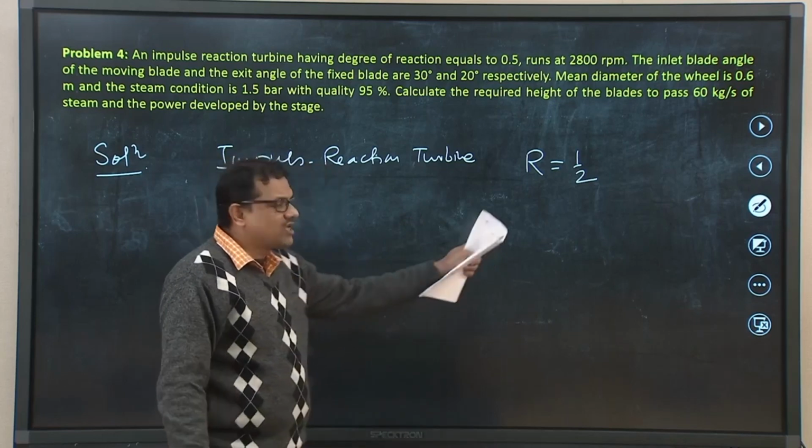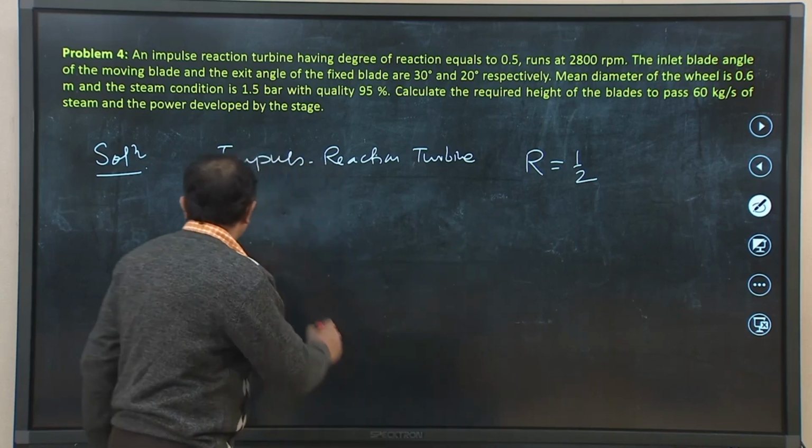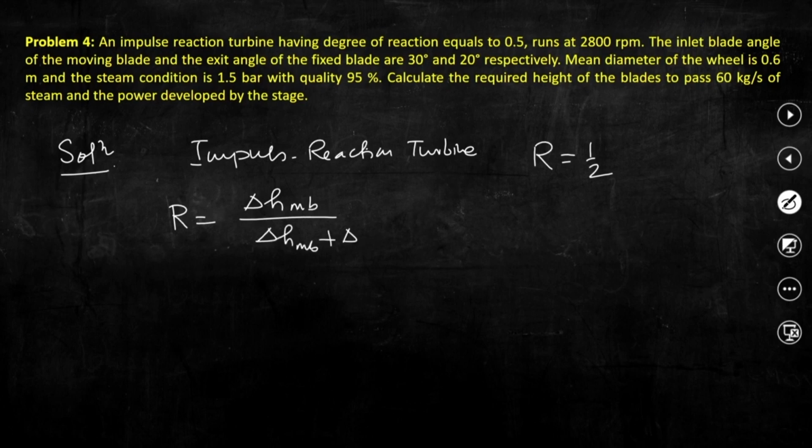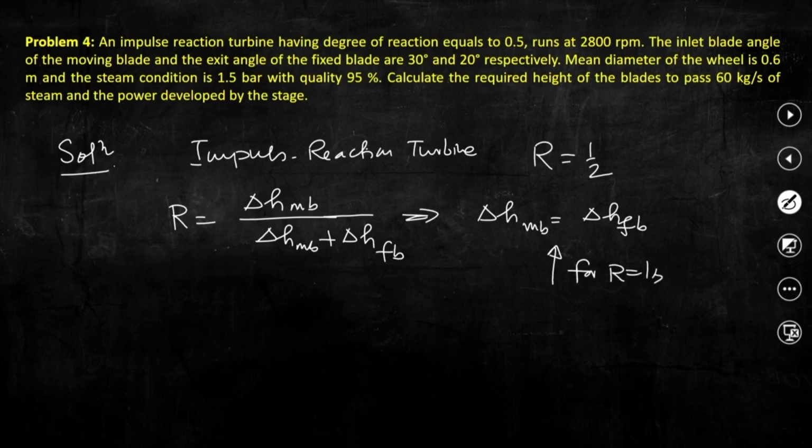So, for R equal to half, that is, degree of reaction equal to enthalpy drop delta H moving blades divided by total enthalpy drop, that is delta H moving blades plus delta H fixed blades. Now, if R equal to half, then you can understand that delta H moving blades equals delta H fixed blades. So, this is for R equal to half,